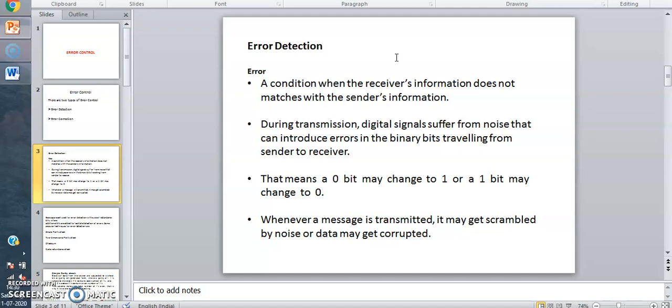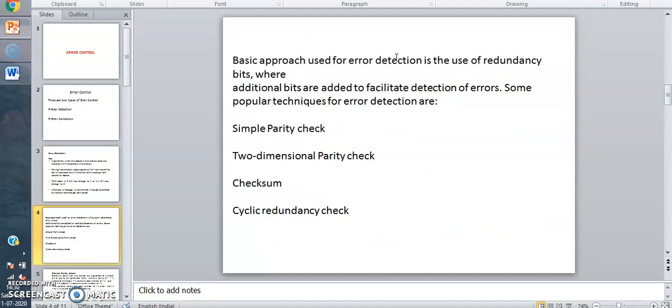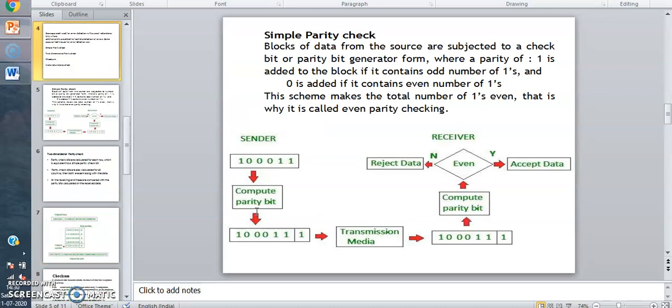Here we are not correcting, only going to detect the errors with 4 popular methods. First one, simple parity check, second one, two-dimensional parity check, third one, checksum, and fourth one, cyclic redundancy check, which is nothing but CRC. Okay, let's see one by one.